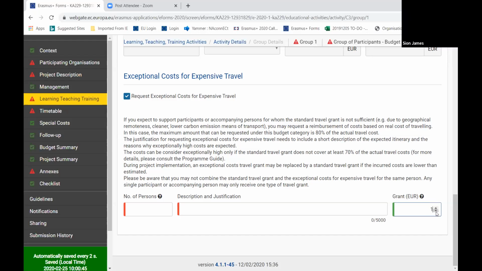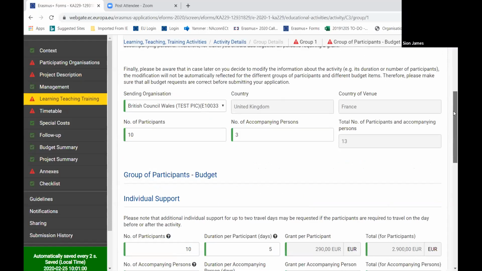It's important to note here that you need to check pages 114 and 120 of the 2020 programme guide for more information in regards to exceptional cost for expensive travel. So once you've completed this information, you can go back to the activity details. We go up to the top,